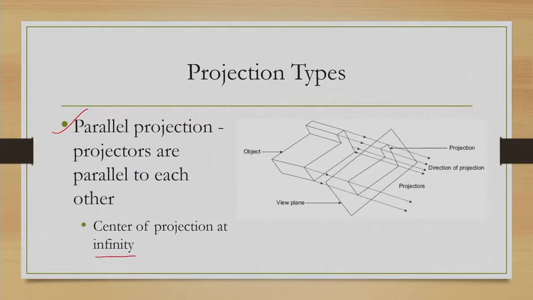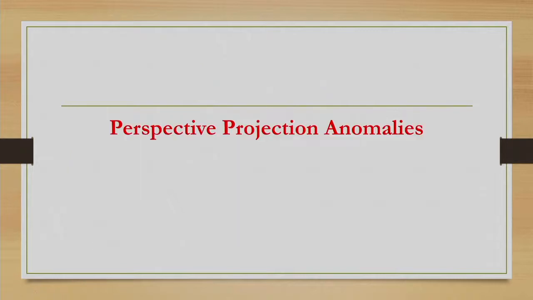That means they do not meet, in simple terms, and these projectors, when they intersect the view plane, generate a set of intersection points. These points taken together give us the projected image as shown in this figure. Here in this figure, as you can see, this is the object, this entire thing, and we get this projection on the view plane.